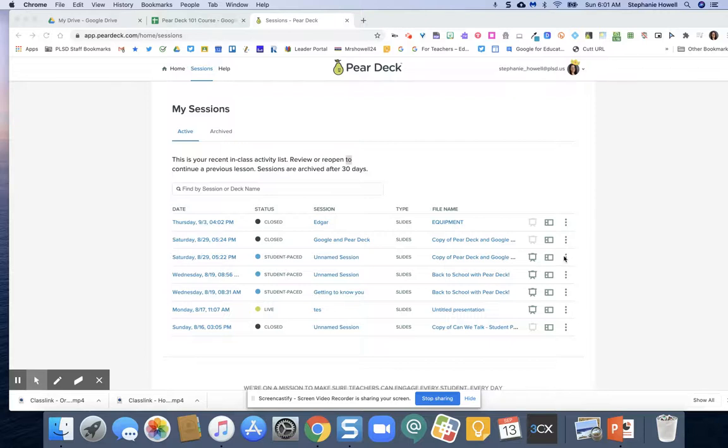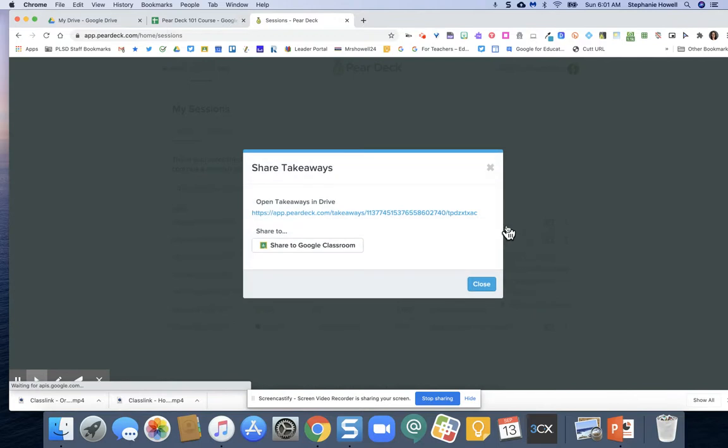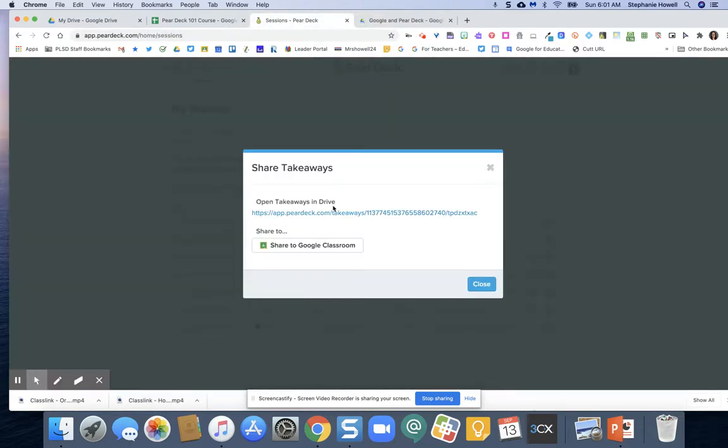So now we're going to explore takeaways. On this one, I'm going to click the three dots and click takeaways. This will open in Google Drive all of the takeaways from that lesson. Every single student that completed the lesson will open up a folder and they'll each have a new Google document